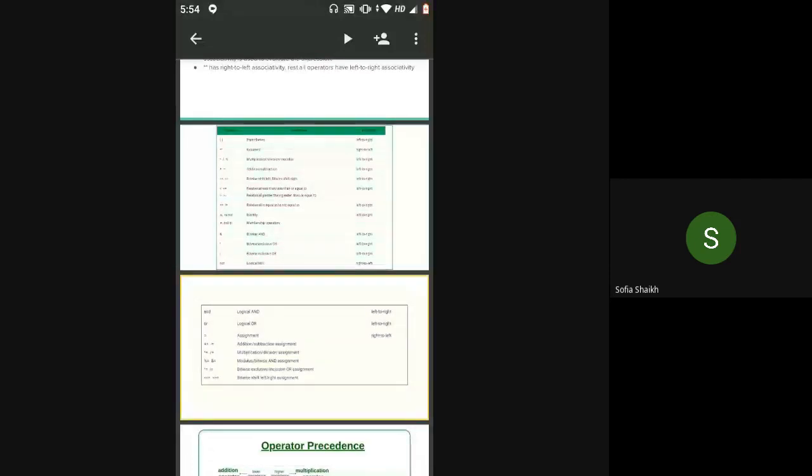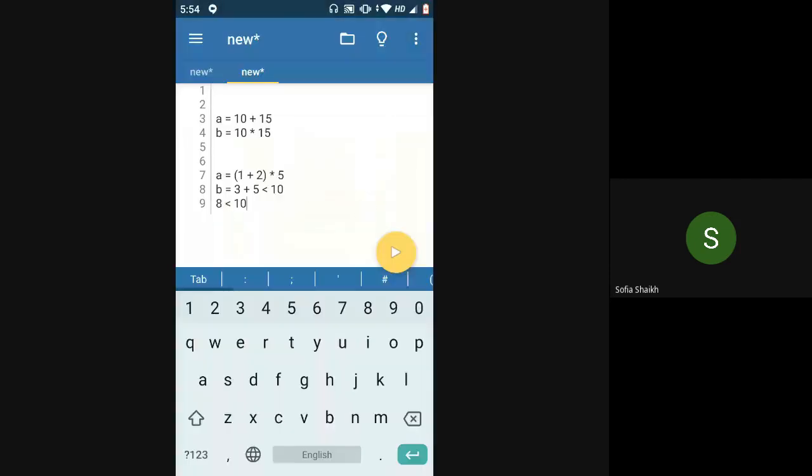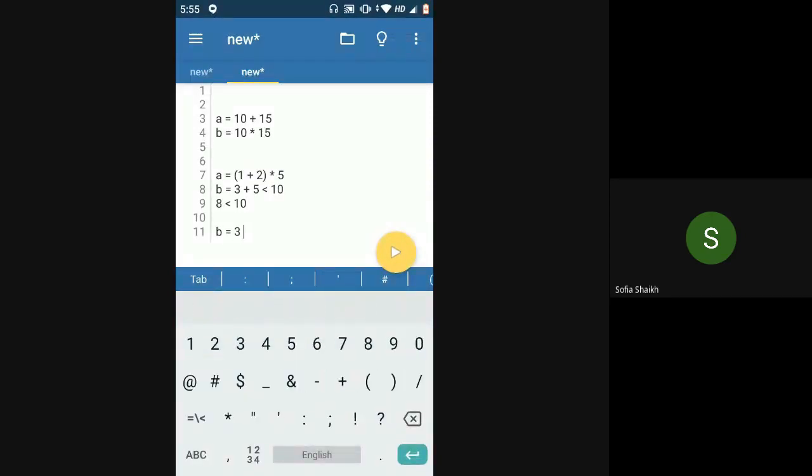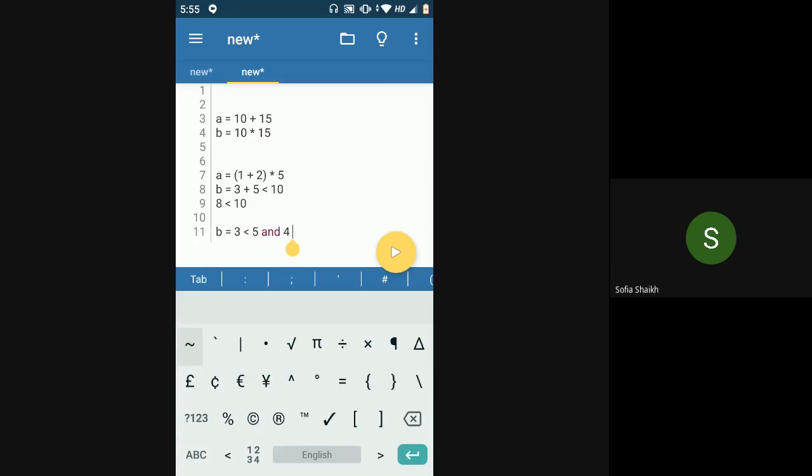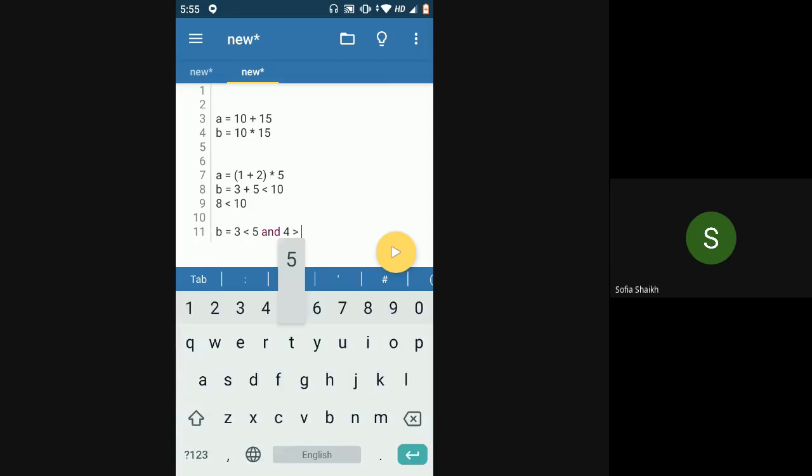So if I have 3 is less than 5 and 4 is greater than 5, what will be the answer for this expression? Again, the relational operators get evaluated first and then the and operator will get evaluated.